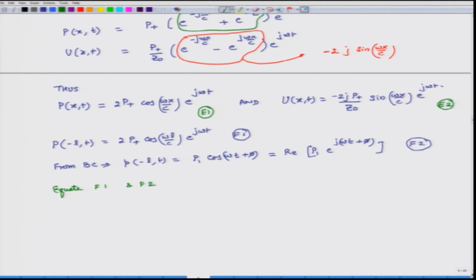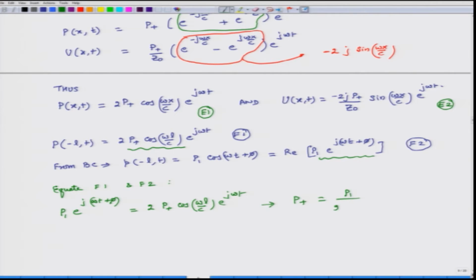Okay. So, how do we equate? This is a complex entity and this is a complex entity. So, we equate these two terms. So, we get P1 e^(j(ωt+φ)) equals 2P+ cos(ωL/c) e^(jωt). So, e^(jωt) goes away from here, and what we are left with is P+ equals P1 divided by 2